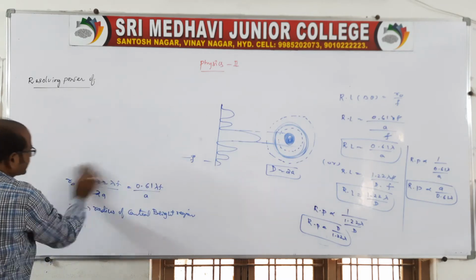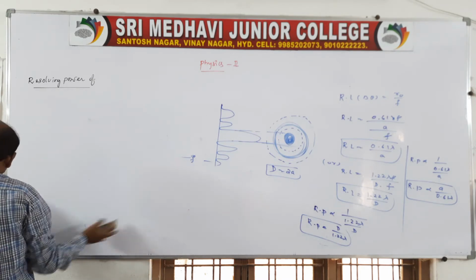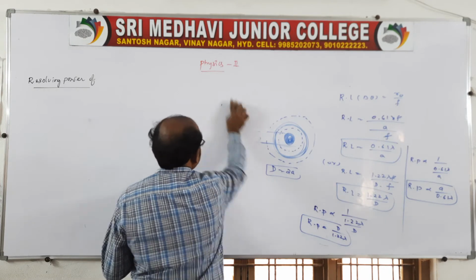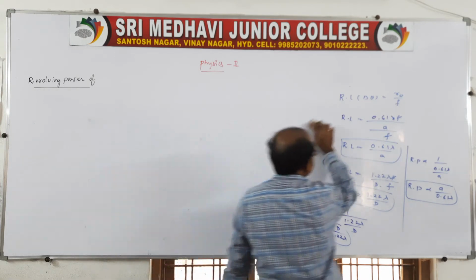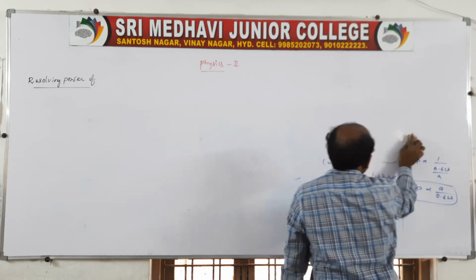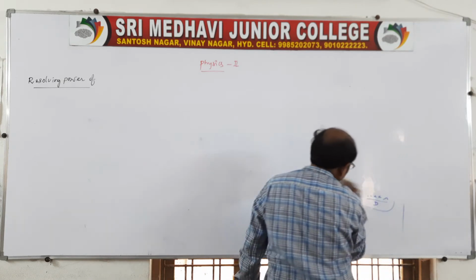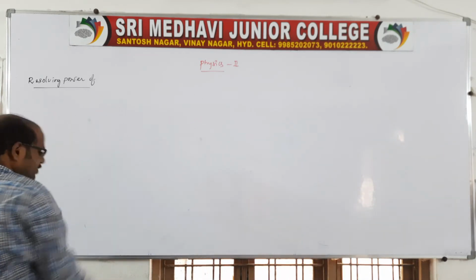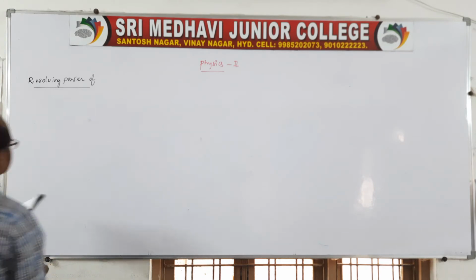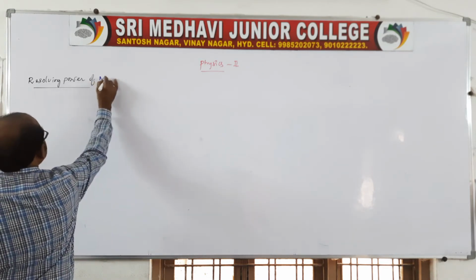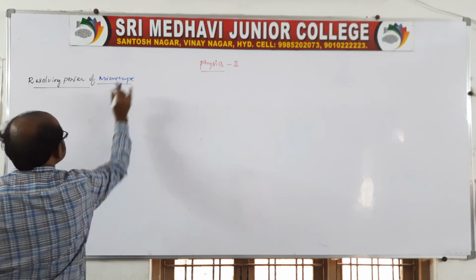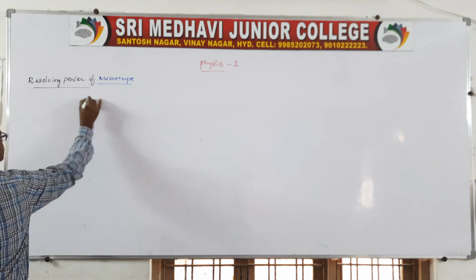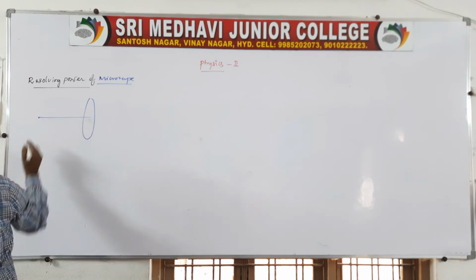For the microscope, you take a side heading, microscope. Actually, derivations are not required. If you just remember it, that is also enough, but I am giving the derivations also. You take a microscope. The microscope is again the same. You take an objective lens, so that an object is placed at a focus point.